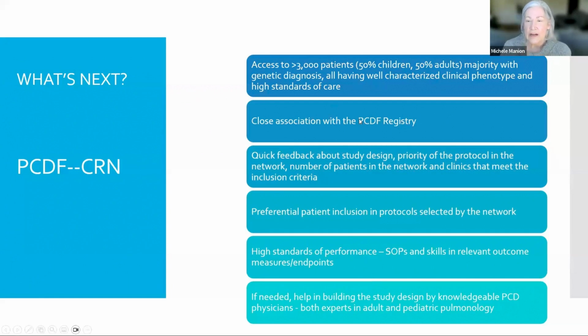So what is next for us? Talking about sustainability. This has been challenging. I think we're all kind of concerned about this. What we have decided to do is to create what we're calling the PCD Foundation GDMCC Clinical Research Network. So we want to merge the clinical network that we have created as the PCD Foundation with the research network that the GDMCC has created. And probably the goal would be that we have UNC, who's kind of the lead site, operate as the DMCC essentially of this new network that will be focused on clinical trials. Well, clinical research trials and other